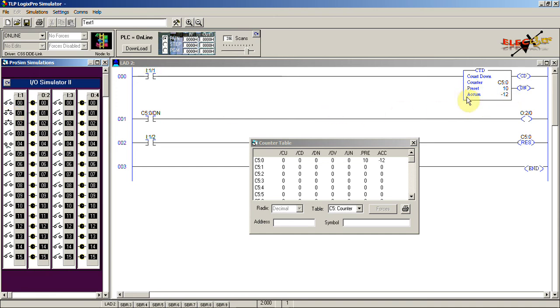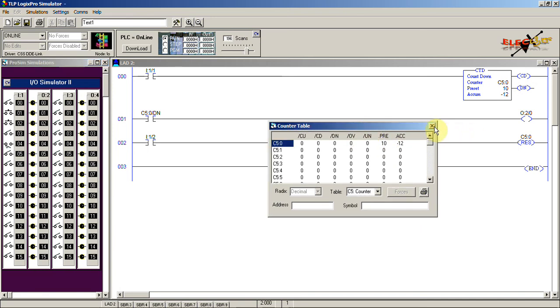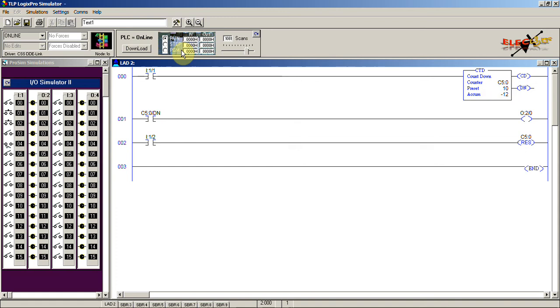Here the done bit of this counter will be set to 1 when this accumulated value becomes equal to this preset value. For that, what we have to do is enter a negative number in the preset value, so that the count can be easily obtained. So we'll see how this can be done. Keep the PLC in program mode and then change this preset value to -10, and then reset this instruction by keeping this in run mode. Before that, download this program, keep the PLC in run mode and reset this.